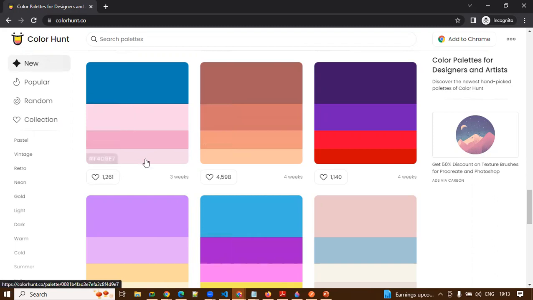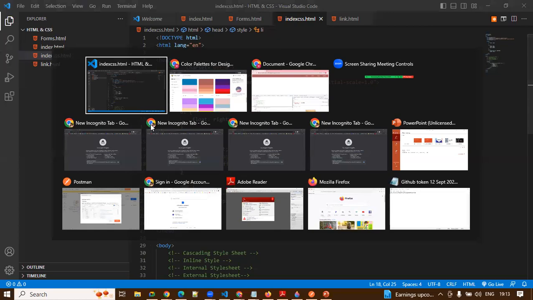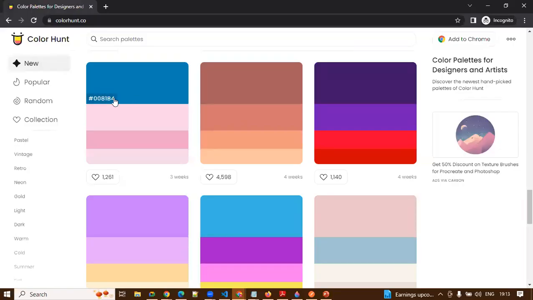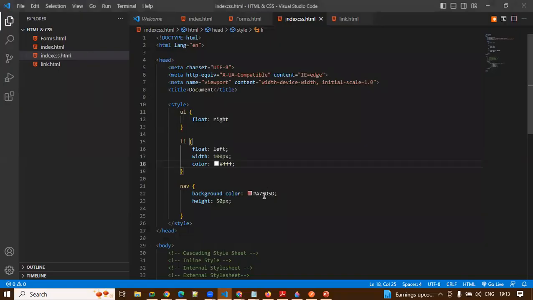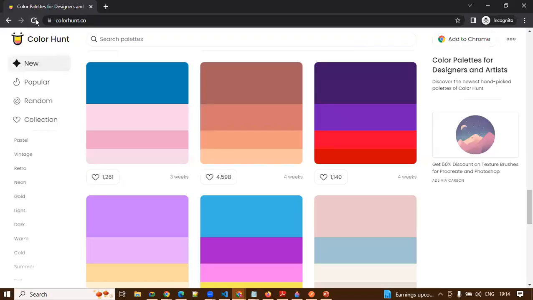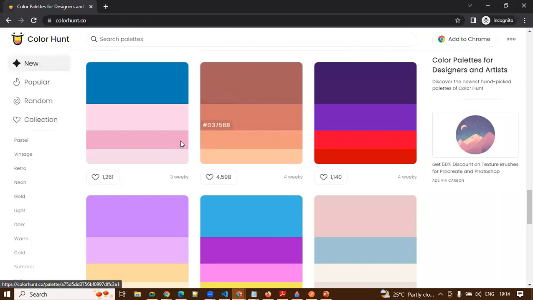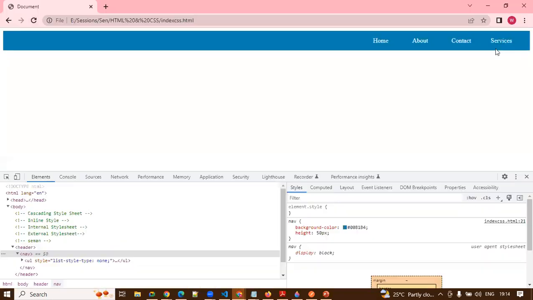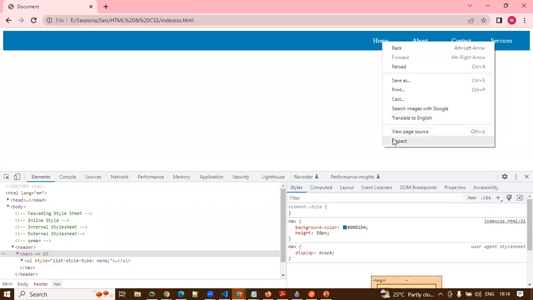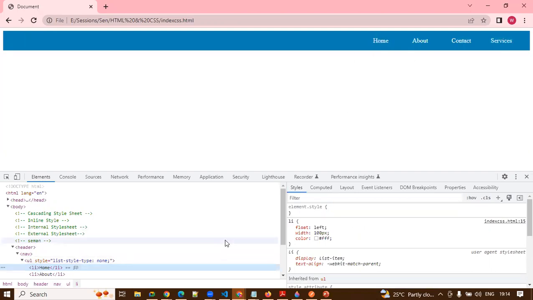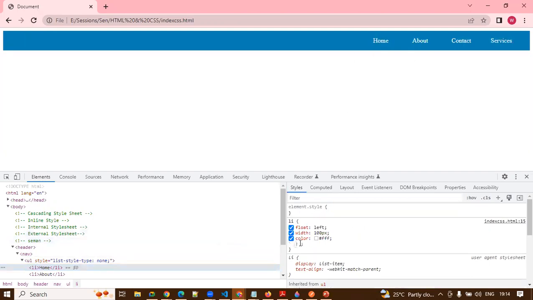But if you say this is having a controversial shade. So when I say that, what will happen is, for example, I'm copying this code as my navigation bar. Now what I can do is, when I hover over any of the items, I can make the hovering ability of the button to be